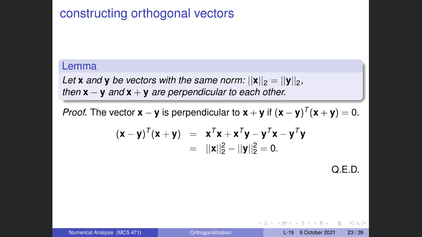So here is how you can see this. Here is the introduction, a useful lemma. If we have two vectors that are of the same norm, then we can compute an orthogonal basis just by subtracting and adding them to each other. So very convenient. In some sense, intuitively,